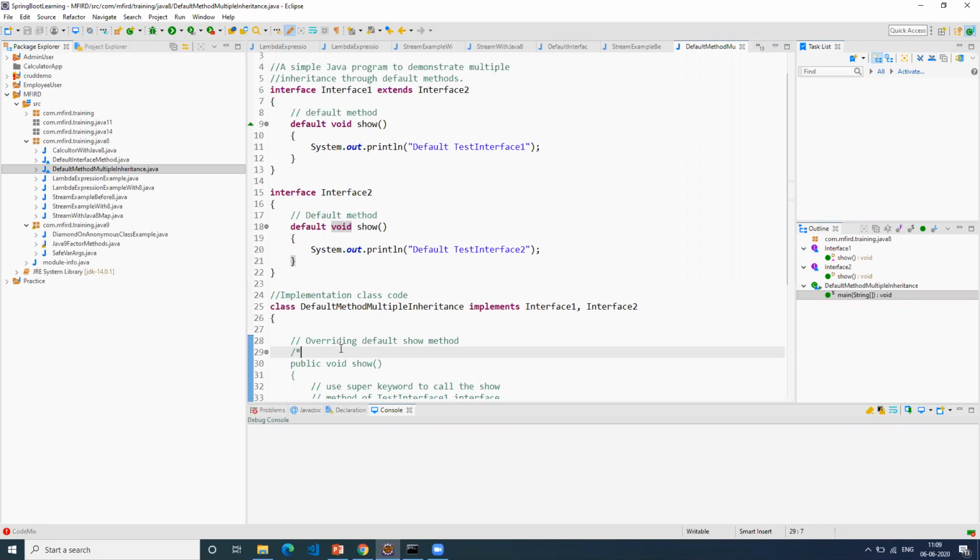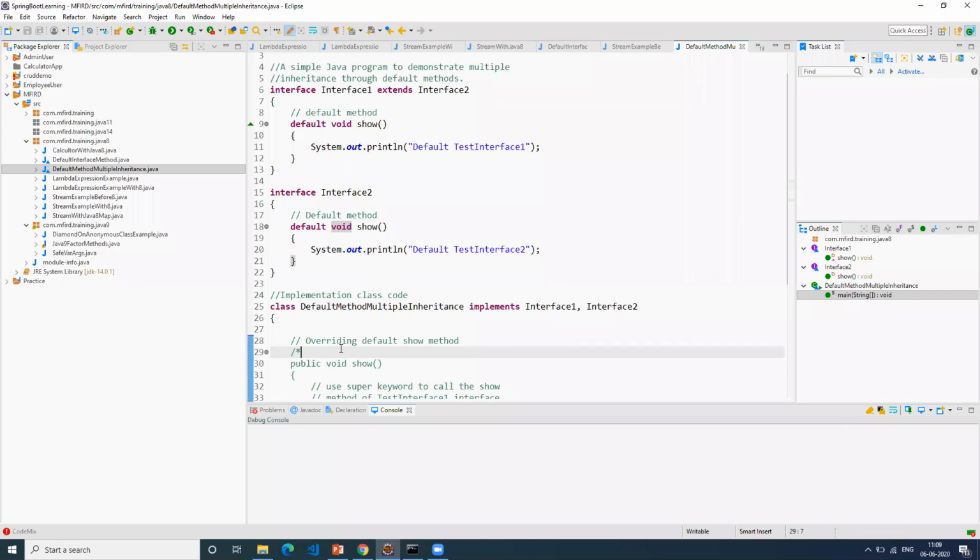Yes. So in C++ we had that problem, right? In Java we never had this diamond problem because we never supported multiple inheritance in Java prior to 8. In 5, 6, 7, all these versions, you will not have multiple inheritance support in Java.